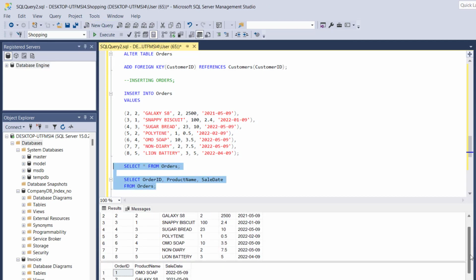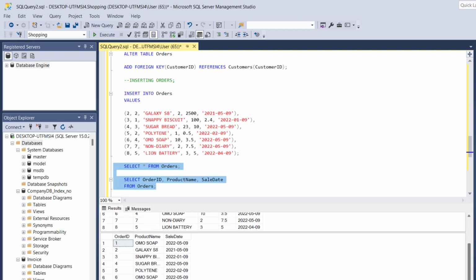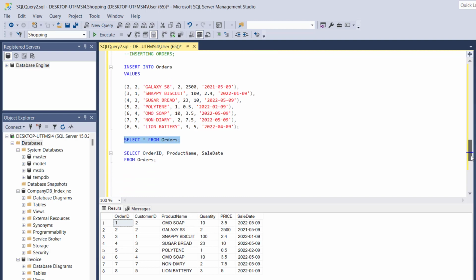Now you can see that, because we run 2 queries at a time, you could see 2 displays over here, but then we just want only this one. So now return this. So let me view the format. Okay, so now let's say, for instance, we want to find all sales made on this particular date. So we say select star from orders